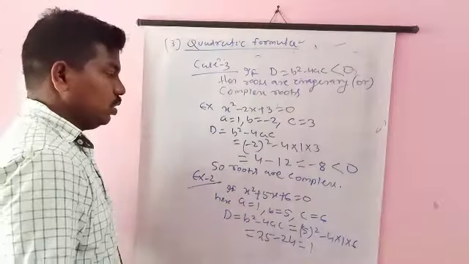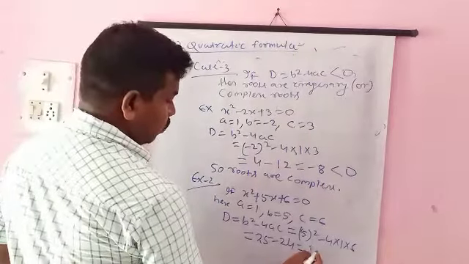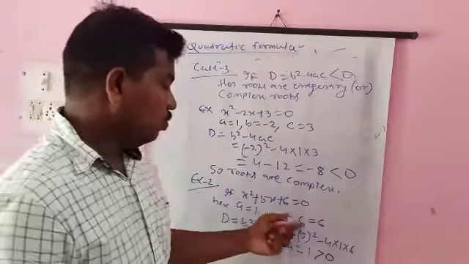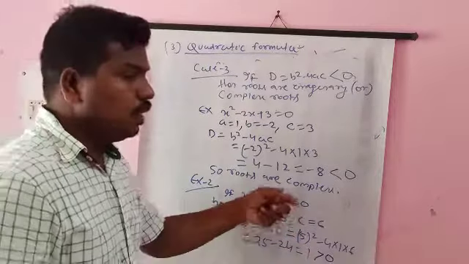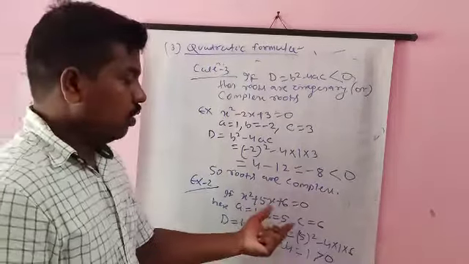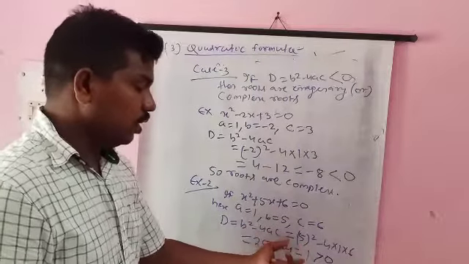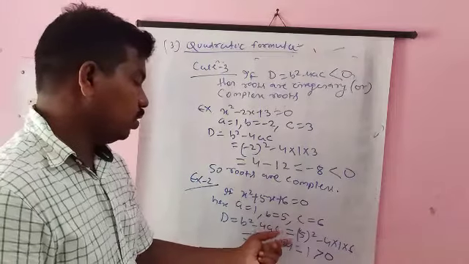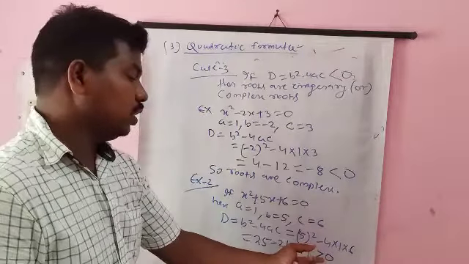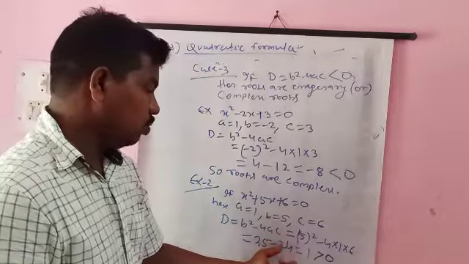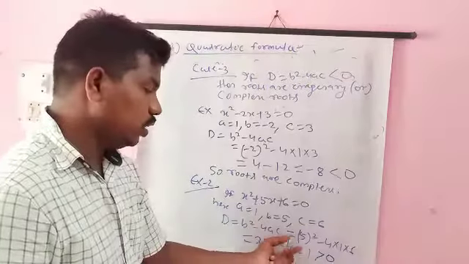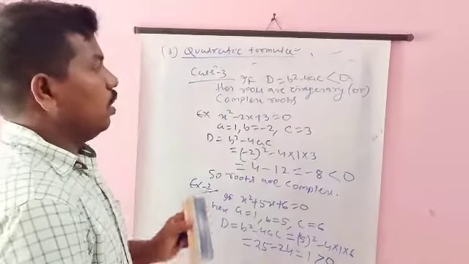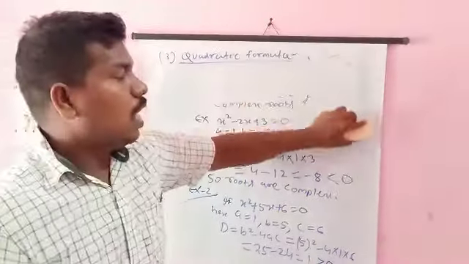d equal to 1 means, what do we find here? 1 is greater than 0. So that means we find only real roots. It may be real and equal or real and distinct. If b square minus 4ac is greater than 0, then it is real and distinct. If it is equal to 0, then it is real and equal. So now we check another example.